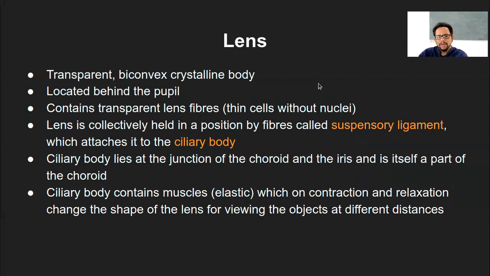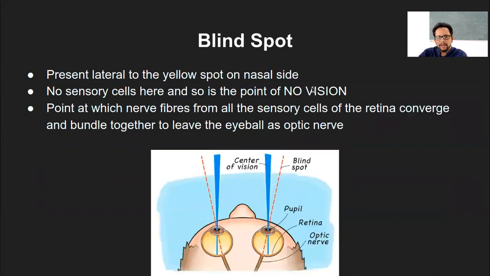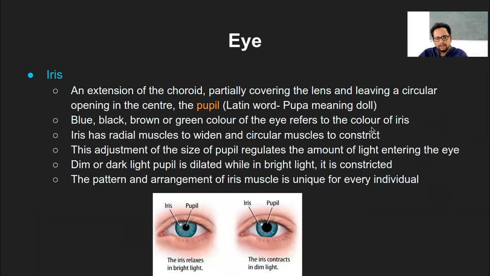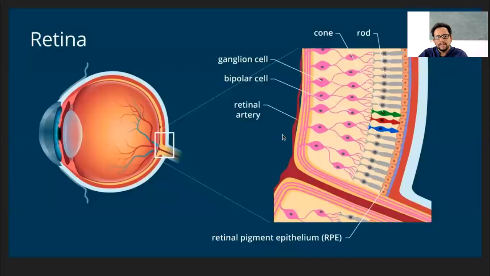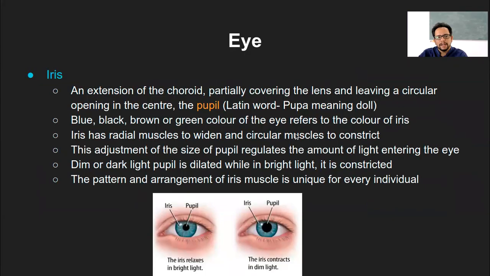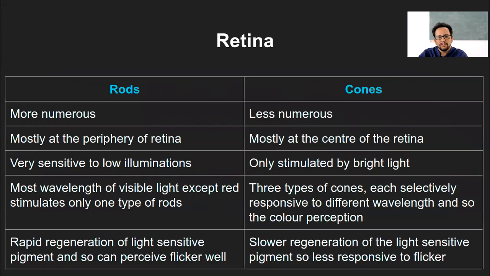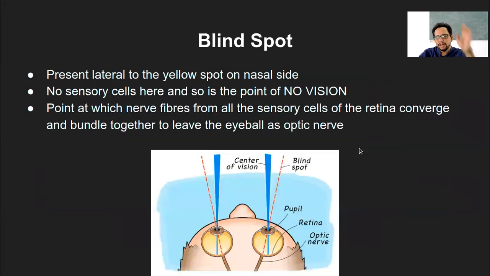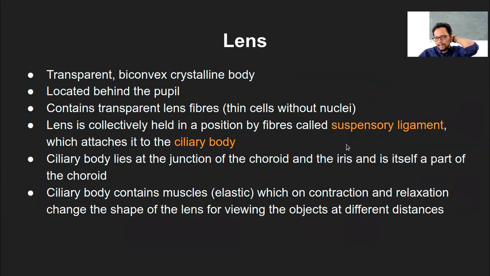Now the next structure in sequence. If we go back, we looked at the structures around the eye, that is the sclera, choroid, retina. Then we were looking at the iris structure, which is a muscular structure. Then we looked at yellow spot, blind spot, and now we are looking at the next structure within the eye, that is the lens. Now, lens is transparent,